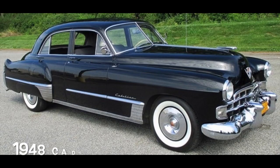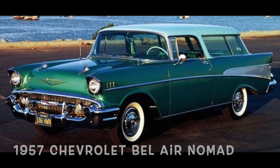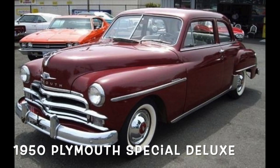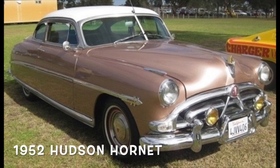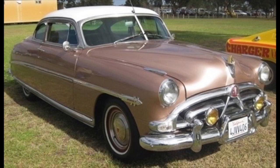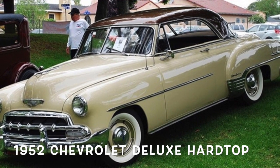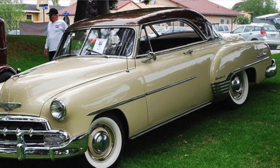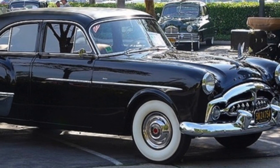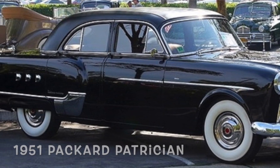Actually, even though Cadillac started doing tail fins in 1948 as a styling trend, they didn't really catch on until the late 50s. In fact, the styling of the early 50s was very conservative. Brands that had rushed to come up with the more modern look in the late 40s were not doing as well as the brands that had moved forward at a slower pace, doing away with front fenders and keeping the rear fender look. In fact, some companies like Ford and Packard backtracked and added the look of rear fenders on